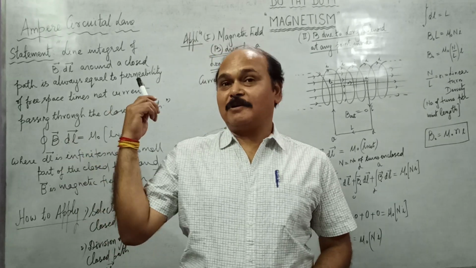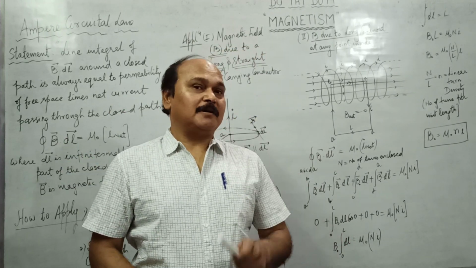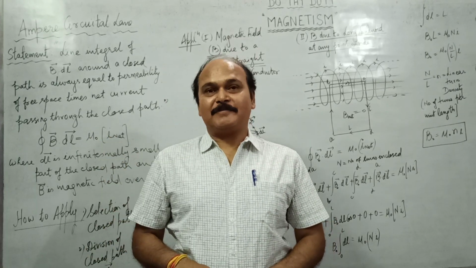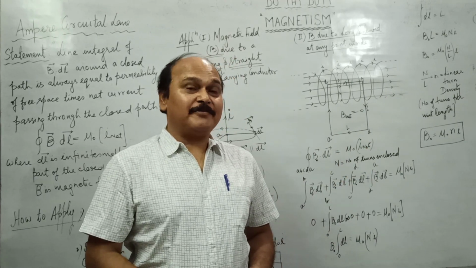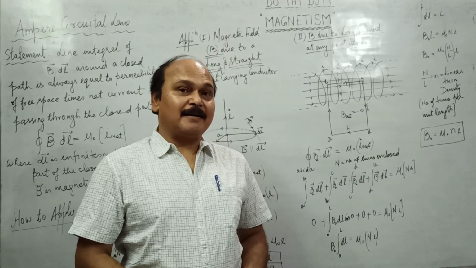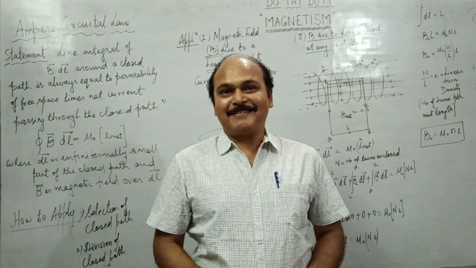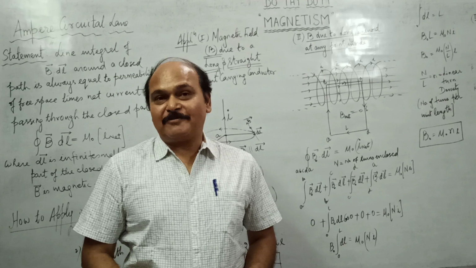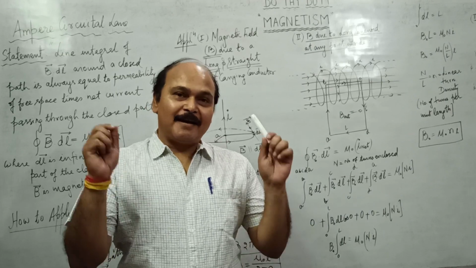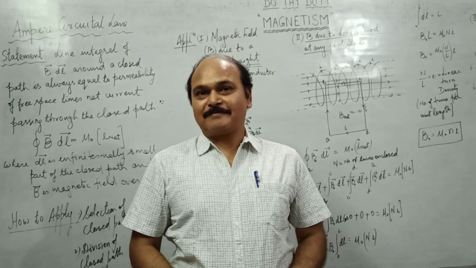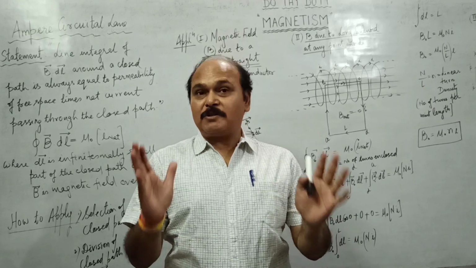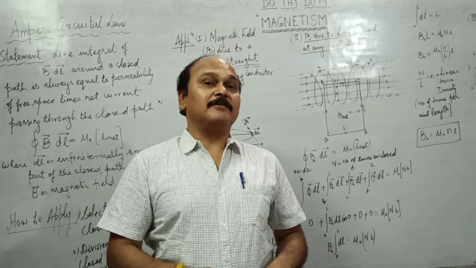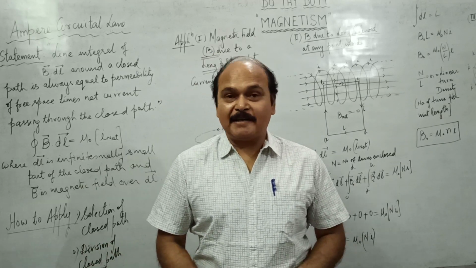Just before Ampere's second law, we studied Biot-Savart law, and the purpose of Biot-Savart law and Ampere's second law is the same. Biot-Savart law is also used to find out magnetic field due to any current carrying conductor at any point around it. In the same way, Ampere's second law is also used for that. Well, the purpose of both the laws is the same, but the technique and the process are entirely different. Well, what is the technique and the process?